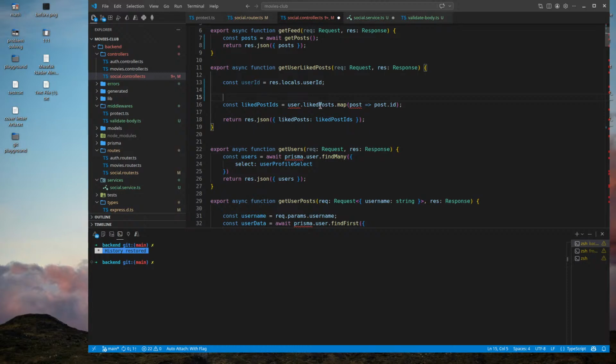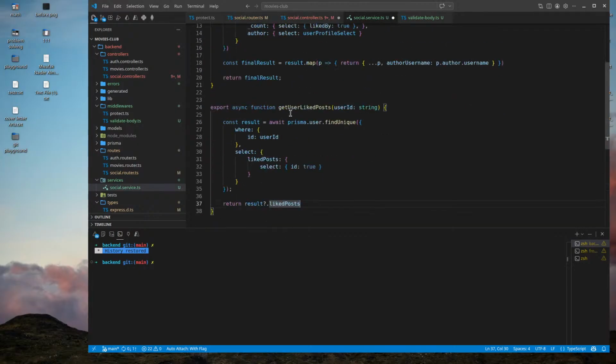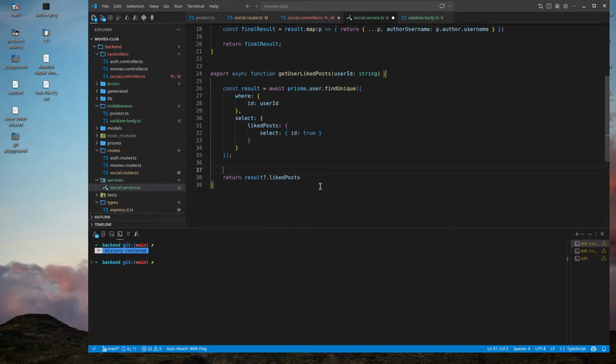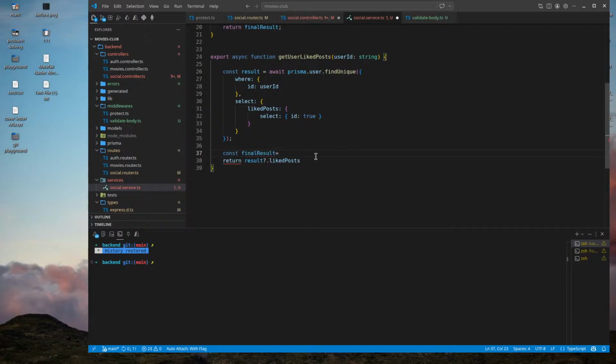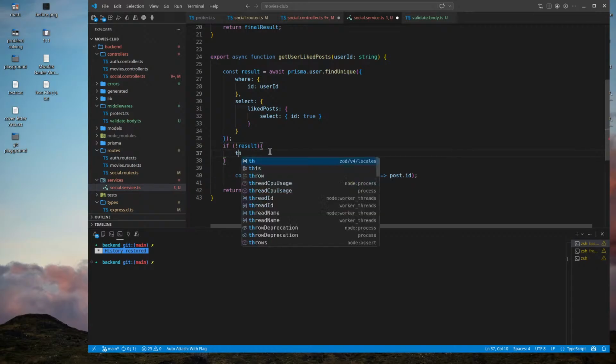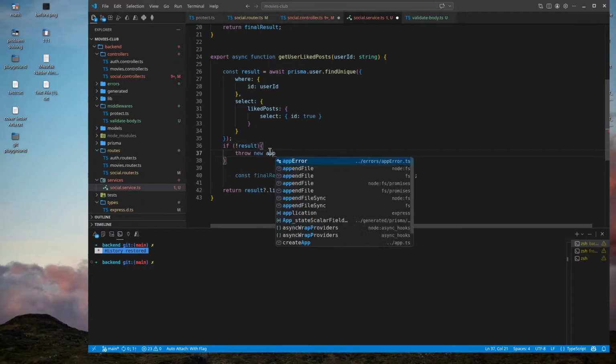So here I'm returning an array of IDs. If the result is not okay, we are going to throw an app error.